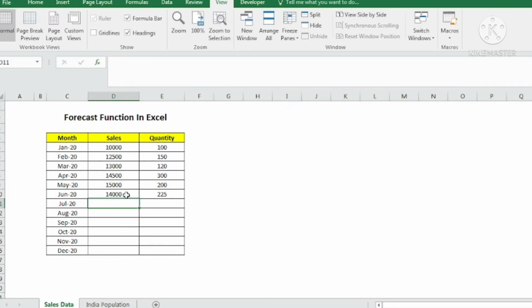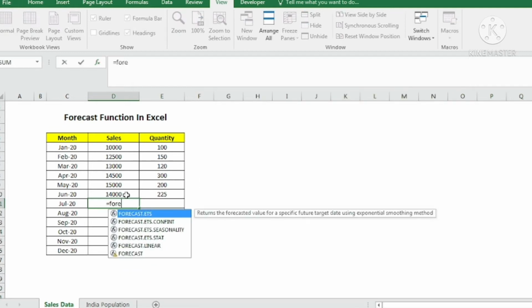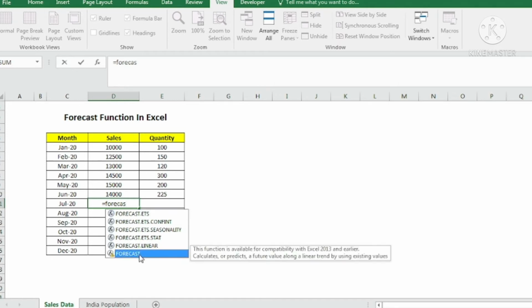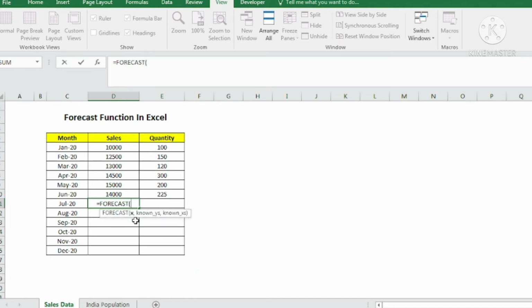So I will put the formula again, is equal to forecast. This we are going to use. Tab, X, for which month we are going to predict this, for the month of July, comma, known Y's, that means these are the known figures which are already known. I am going to select this from Jan to June.